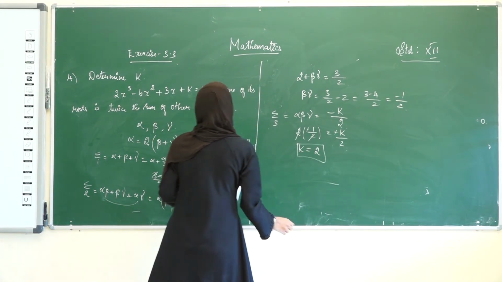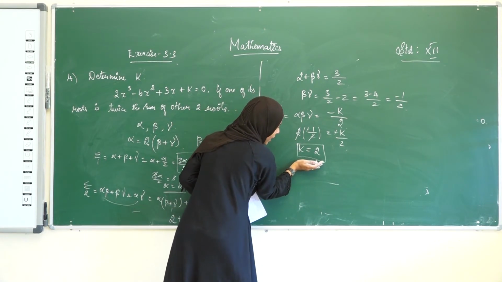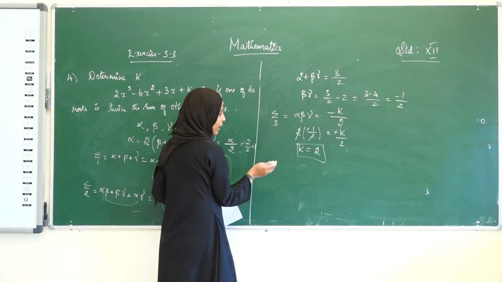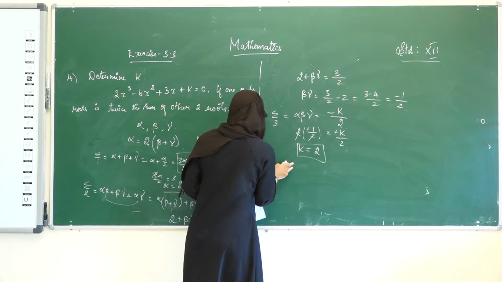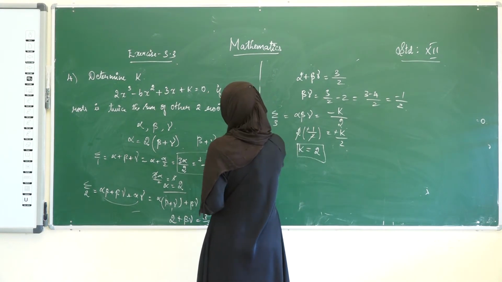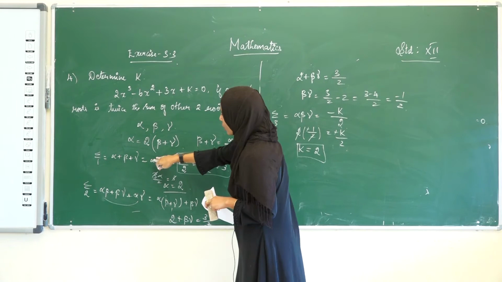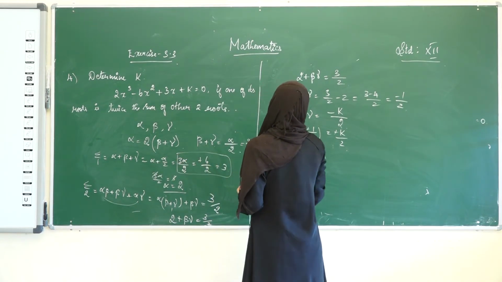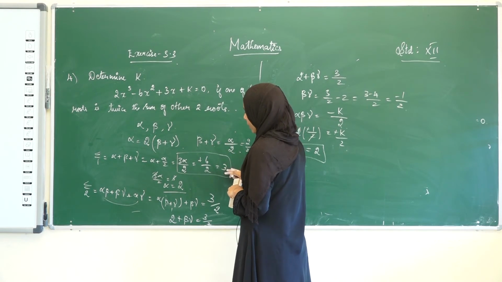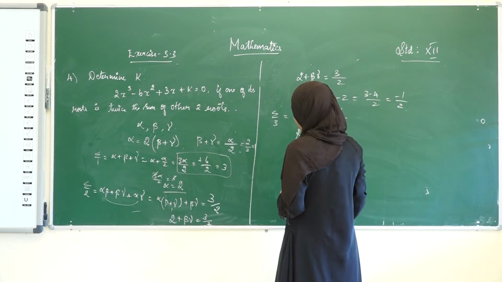The question they have asked us to determine k, therefore we have found the value of k, and we have to find the 3 roots. Okay. Still we have to find the 3 roots. See here, we got the value of k from this. From this we got the value of alpha. Now we are going to find the value of beta and gamma. How can we find the value of beta and gamma?